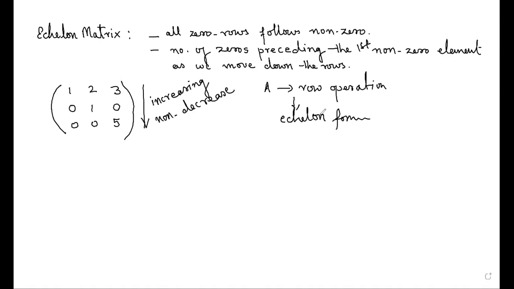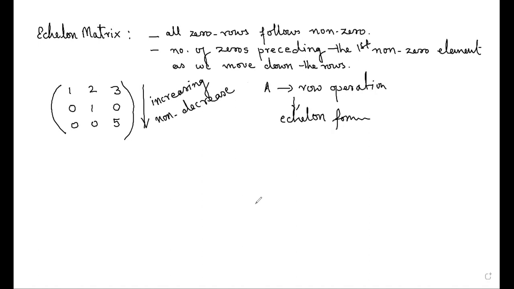In the further part, we are going to find the rank of a matrix using this concept: a particular matrix is given to you and we are reducing that matrix to its echelon form by doing some row operations. Based on that echelon form, we are going to identify the rank of a matrix. So is the structure of an echelon matrix clear to all of you? Yes, ma'am. Okay, so now let us come to the rank.